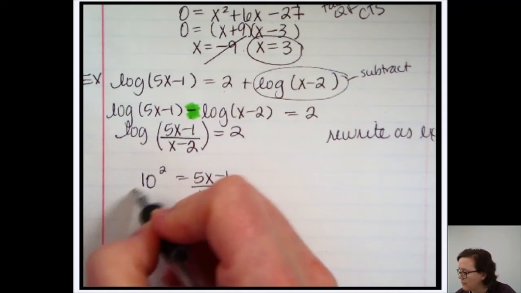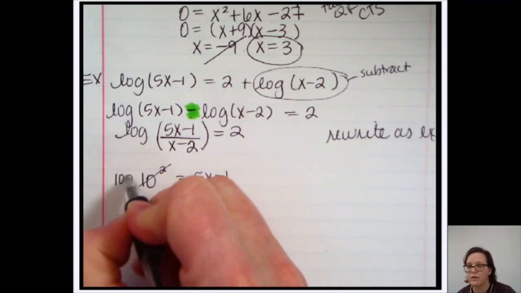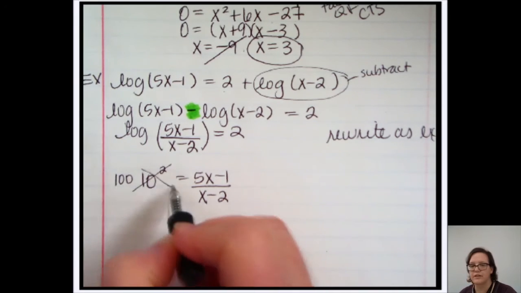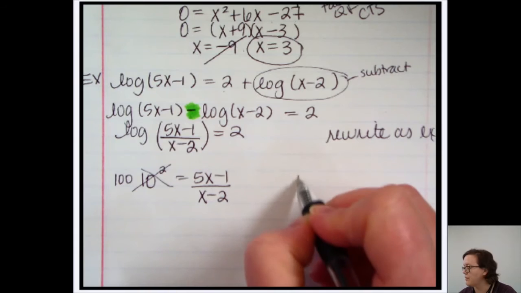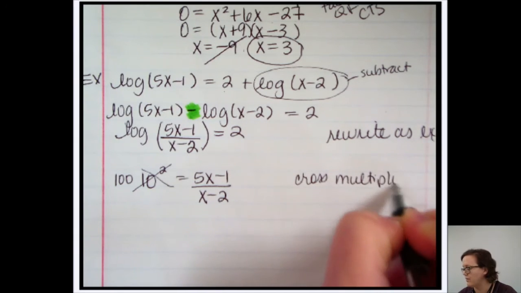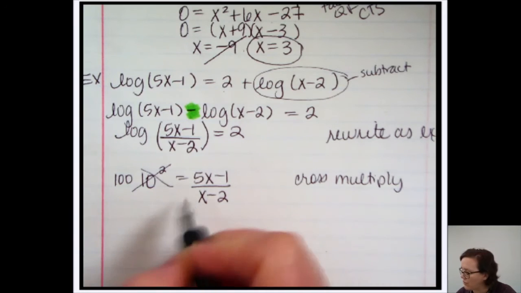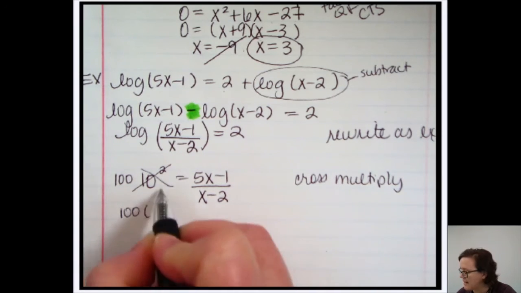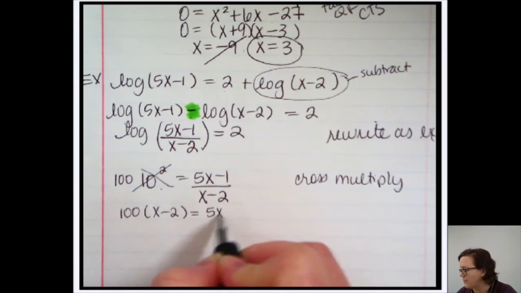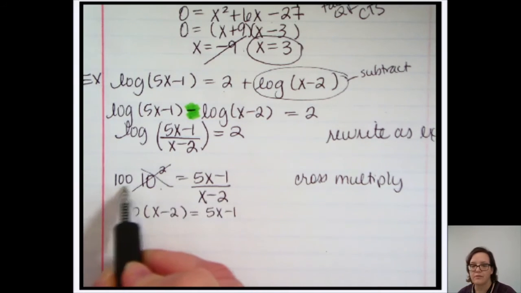And let's go ahead and simplify. We know 10 squared is 100. Okay. Now what do we do? I know this seems kind of strange. This is where we cross multiply. Let's get those x's up where we can work with them. So we get 100 times x minus 2 is equal to 5x minus 1 times the bottom left, which